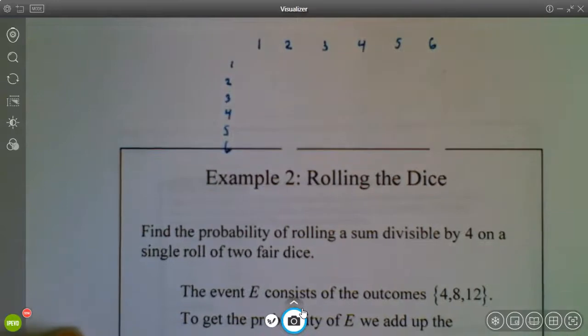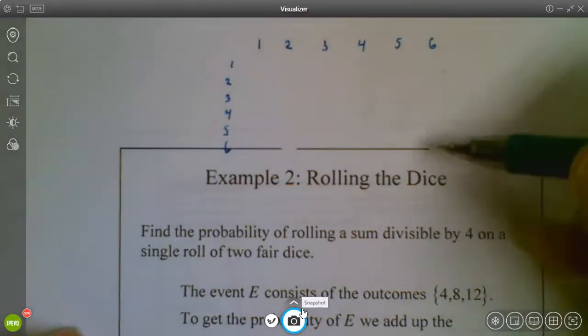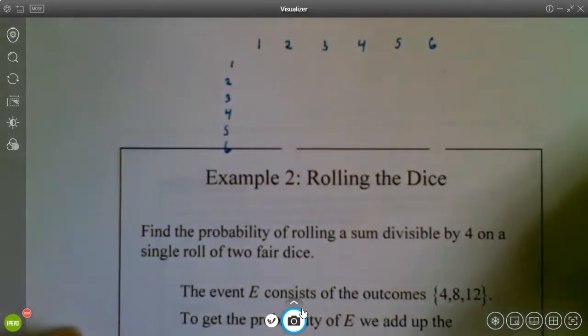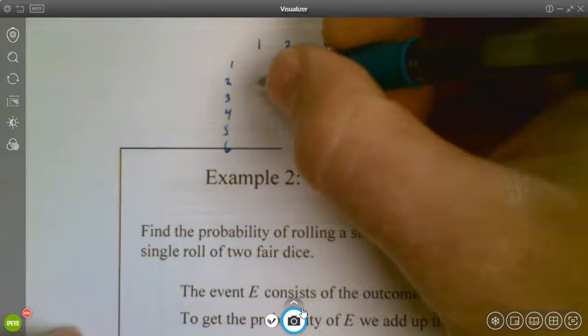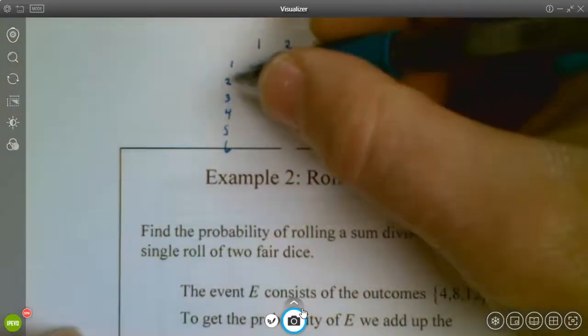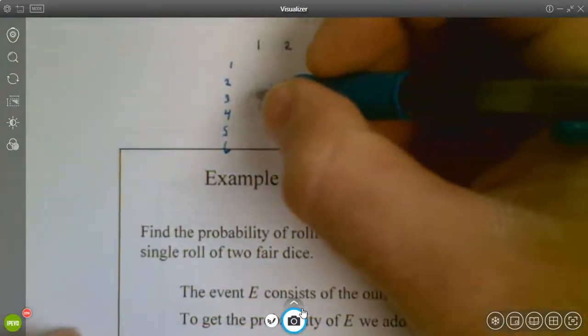by 4? Obviously, the largest sum of 2 dice would be 12, right? This is the largest sum. So if I think about my multiples of 4, right, obviously 4, 8, and 12 are going to be the sums divisible by 4. So if we just look for our sums of 4, 8, and 12, so remember these were the sums of 4